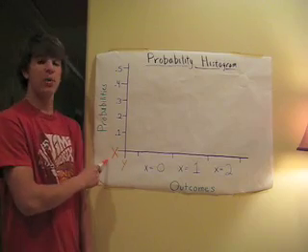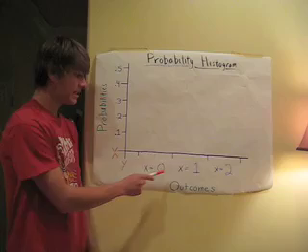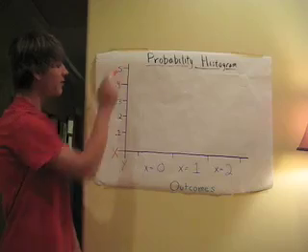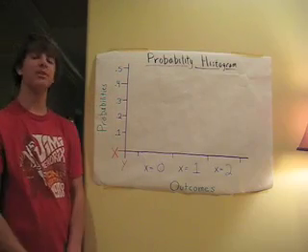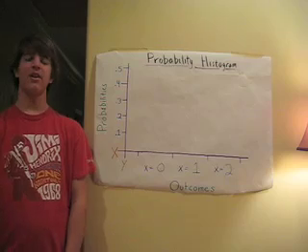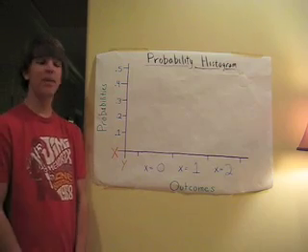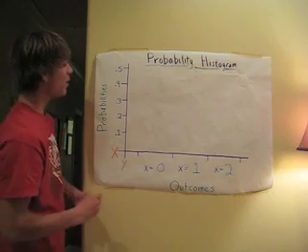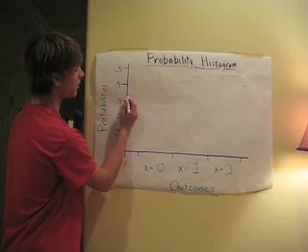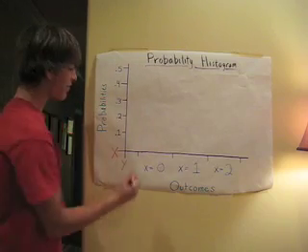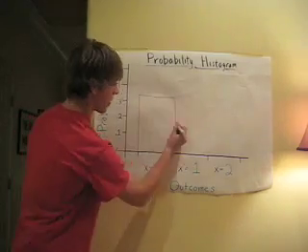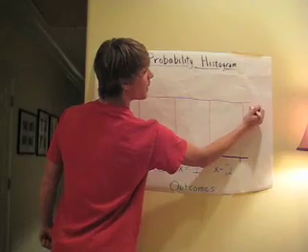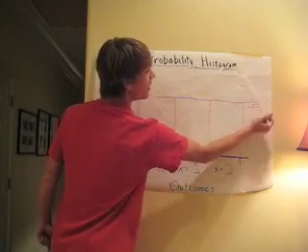Along the x-axis, we would have x equals 0, 0 heads, x equals 1, 1 head, and x equals 2 for 2 heads. Along the y-axis, we would have the possible probabilities only up to 0.5 because we don't need to go any higher. Earlier in the coin experiment, we determined that each of the possible outcomes had a 1/3 chance of occurring. To graph this, we would find 1/3 on the probability scale, in other words, 0.33. Then we would graph like so. All these lines are on 0.33, representing 1/3, thus showing